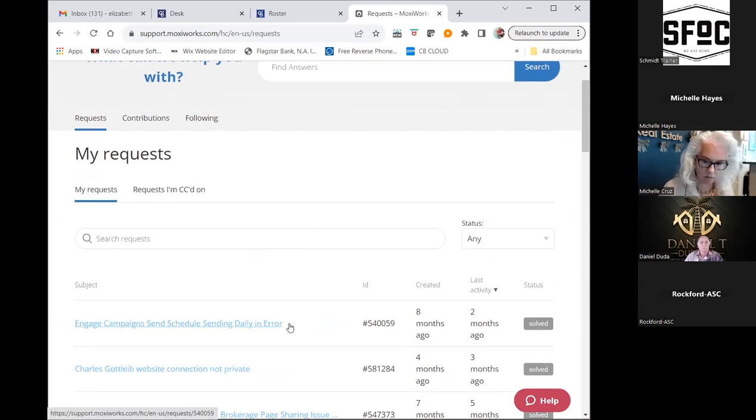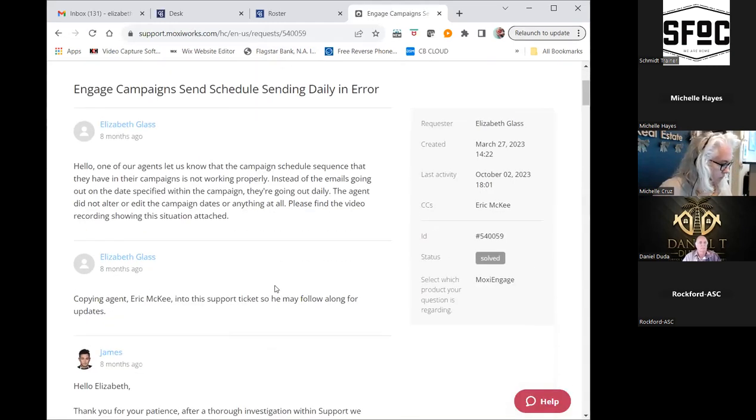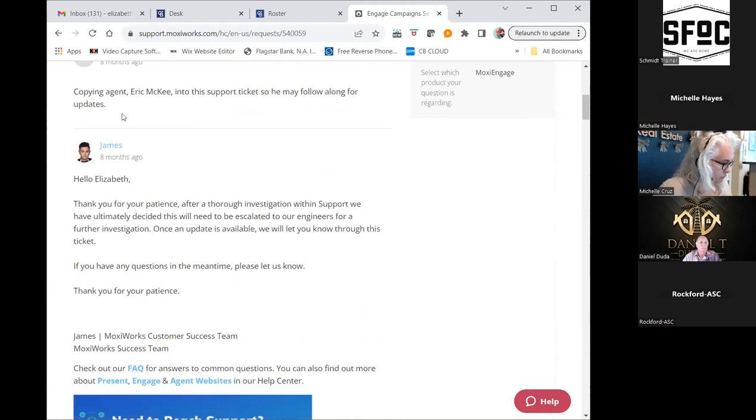If you open it up, it's actually going to allow you to see that conversation back and forth, where you have your initial contact to them and then the support team here. It actually shows you that back and forth. So what's good is in addition to this, they're also emailing you. So you're receiving things as they are sending them out, but it's also copying them here.